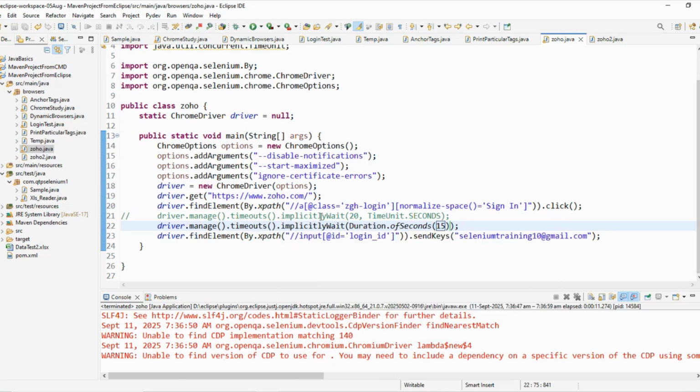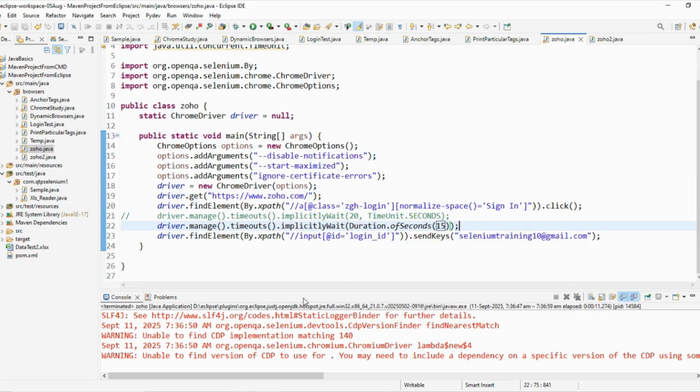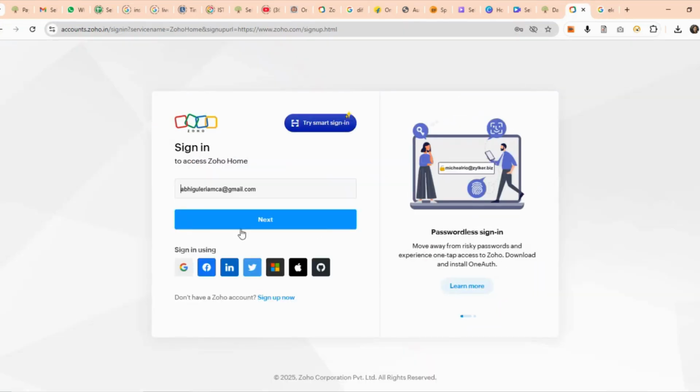Yeah, it will work in the current version of Selenium, but it will not work in the advanced versions after maybe one or two versions. So they are just saying it is deprecated because they have left the use of this type of thing. Now if you see over here, after that, what I have to do is click on